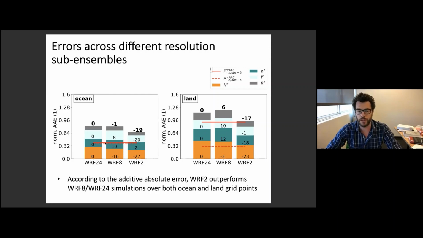The red lines, the dashed and the full lines, show us how large the observational uncertainty is. Again, all the errors in models are way above the observational uncertainty over ocean. And here I included the full range of the uncertainty, and the uncertainty calculated using only 4 of the 5 observational data sets, just to exclude TRIM. And you see that it drops quite a lot.